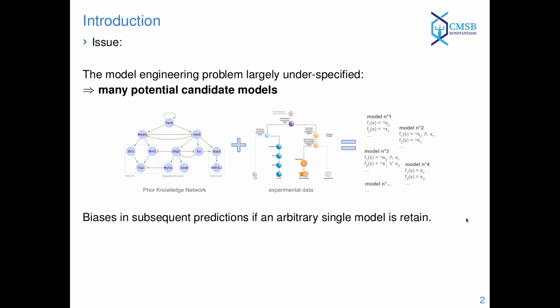But the synthesis process encounters an important issue. The observations of the biological processes stay very scarce, either in terms of temporal resolution, number of observed entities, or variety of experimental conditions. And this problem is combined with complex and large structures for molecular interactions. So the model engineering problem is often largely underspecified, and this leads to many potential candidate models, often too many